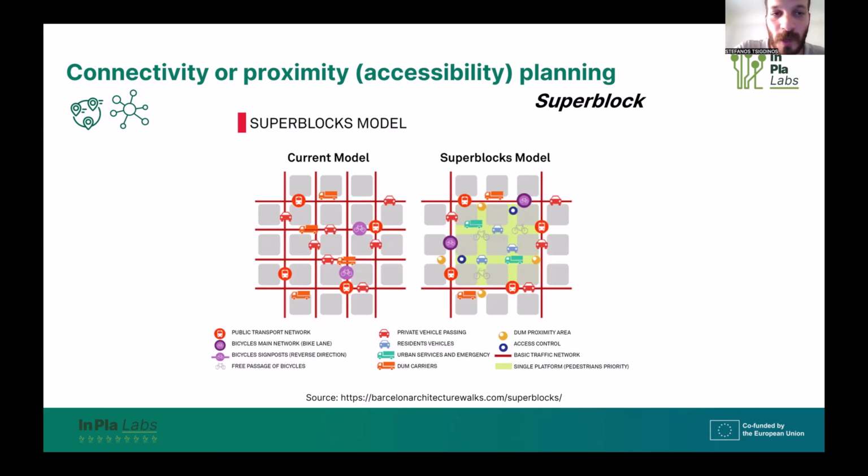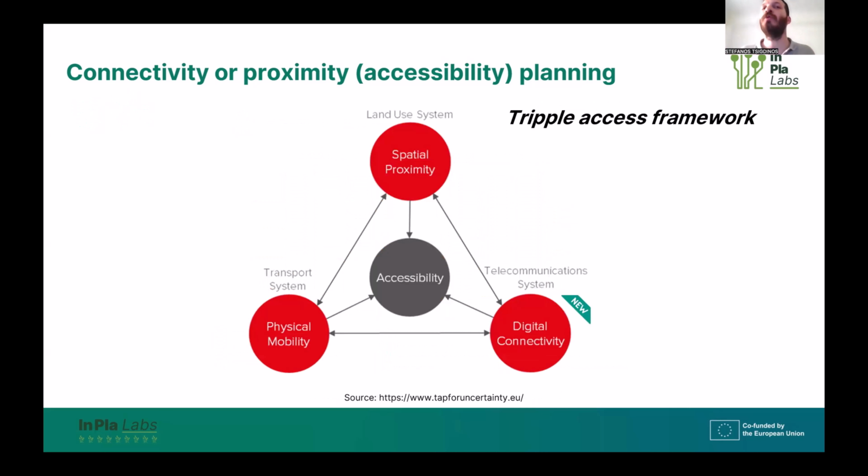And what we do by Superblock, we try to avoid the unnecessary traffic through the neighborhood and give space back to people, and accommodate more space for greening and more space for non-motorized movement, and of course to ensure accessibility conditions for everyone. So Superblock is a really nice example if we want to do integrated planning. And to conclude,